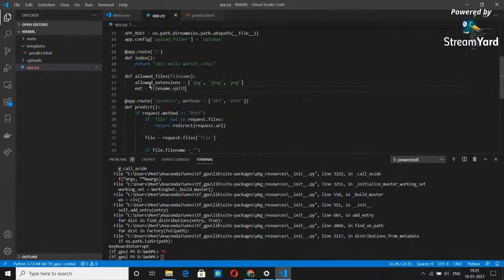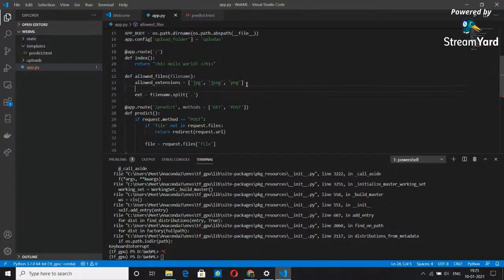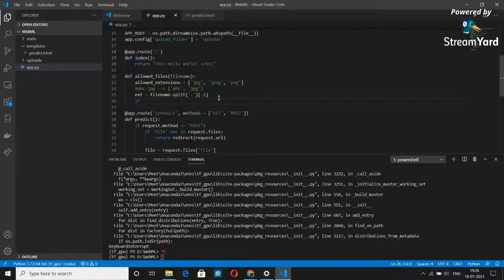So we will use the string function split, and we will split it at dot. It will be something like abc.jpg. So we are splitting the string at dot, and what split will store is abc and jpg in a list. So we will just access the last element of the list, and it will be our extension. Okay, and now we just have to put one condition: if the extension is in allowed extensions,